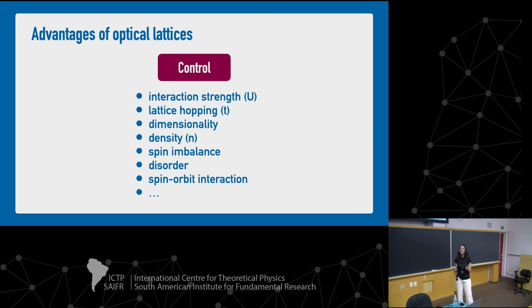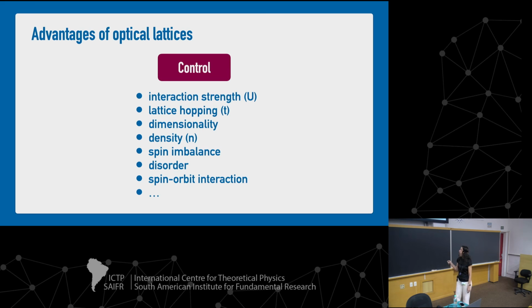And this is something in a material. You go to the lab and you cook your material and it has some U value and you don't know, or you find out, and you can't keep changing. And when you want to study quantum phase transitions, for instance, you want to keep increasing the value and see, do you enter a new phase when you increase U? What happens? So having control over the interactions is very desirable to understand the physics, and it's not achievable